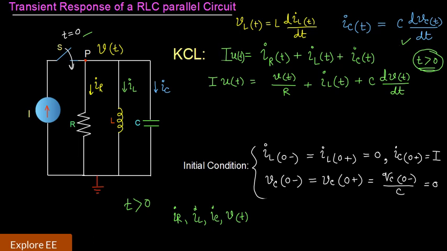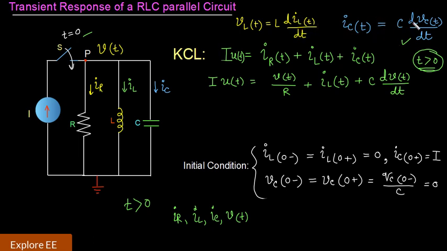Now the KCL written here contains both variable voltage and current. Let us eliminate the current term iL in terms of this voltage v(t), because if the voltage of this parallel RLC branch is known, we can find all other responses, that are the inductor current, current through the resistance, and current through the capacitance, using this voltage only. Now, how are this inductor current and capacitor current related with this voltage? We know that voltage across the inductor is given by L times di/dt, where i is the current through the inductor.